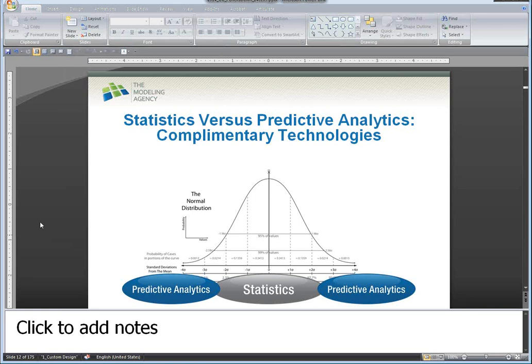Yes, and I don't think that predictive analytics is a part of statistics. I think they're two separate fields, but they're also not competing fields. They're complementary fields. And as this slide illustrates, when we deal with the population and start doing some math and analyzing it and trying to generalize about it, statistics typically begins by doing some simple calculations on things like mean and standard deviation. And if you think about that, what it's really doing is describing the central tendency and the variance, the deviations around that we would see. And most of statistics is really involved with extending those basic concepts and talking about the population in general.